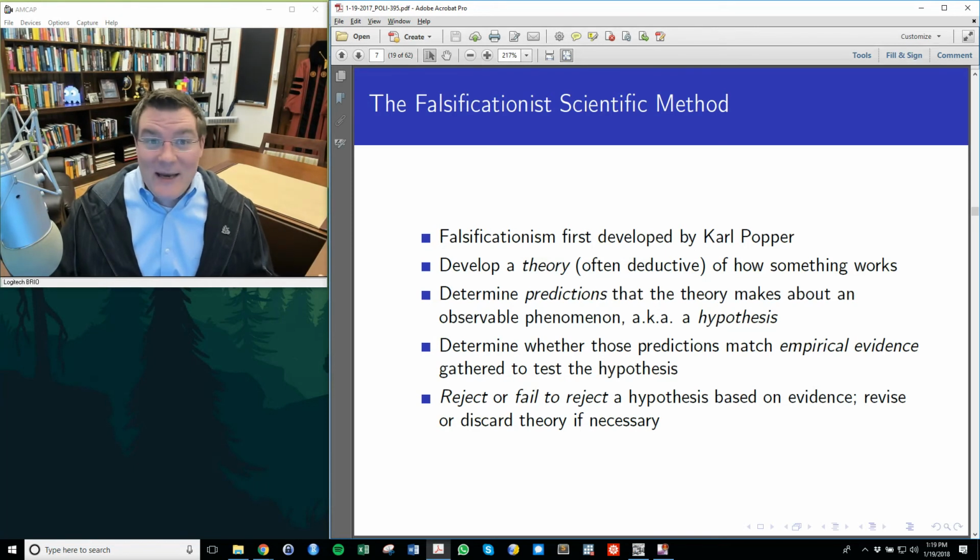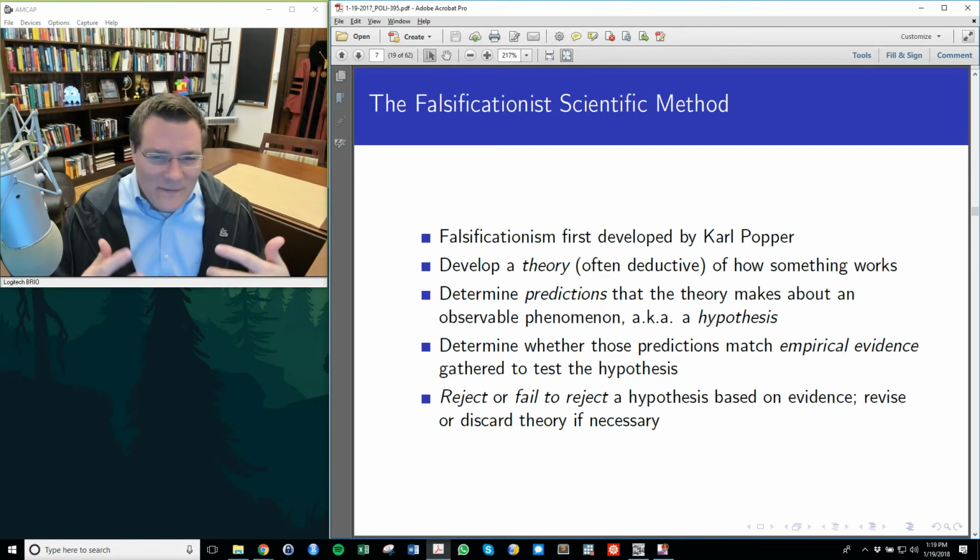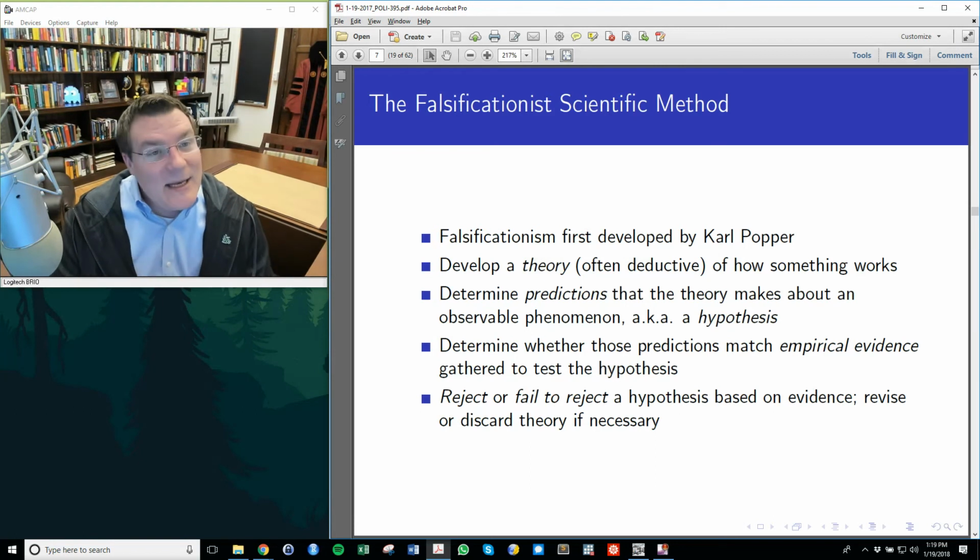On the other hand, if I find that you're alive, I can definitely infer that you didn't jump off the Empire State Building, because if you did, you'd be dead, right? That's the intuitive logic of how this works. And it gets around the problem of induction, because the problem with induction is you're trying to make positive evidence support a positive argument, right? Well, I haven't found any black swans, therefore I can infer that no black swans exist. In this case, we're simply rejecting or failing to reject a prediction.